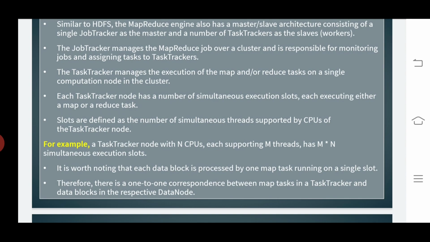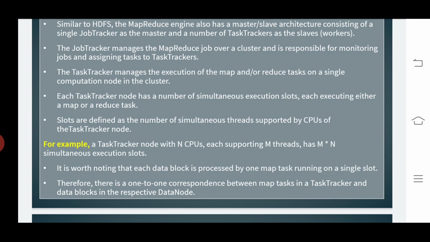It consists of a single job tracker as the master and a number of task trackers as the slaves, which are nothing but workers.